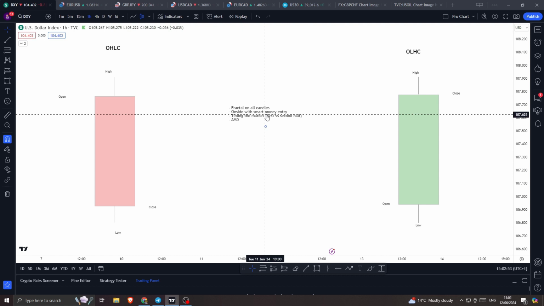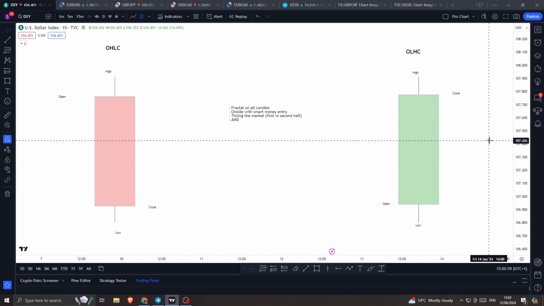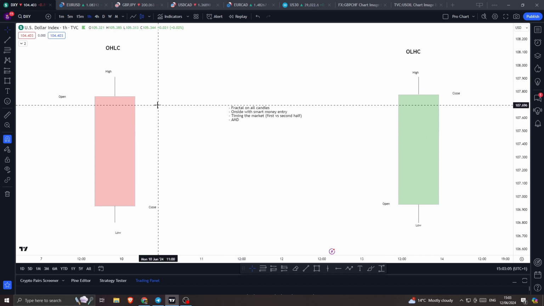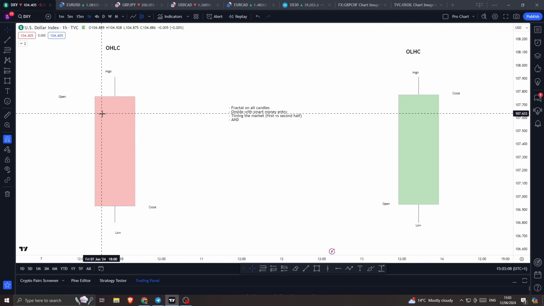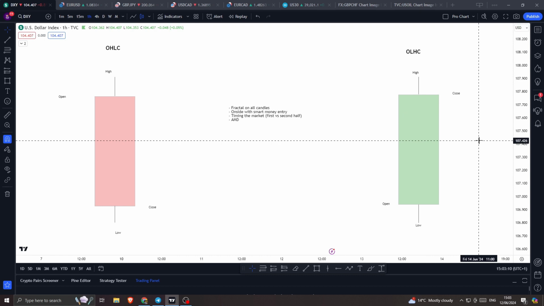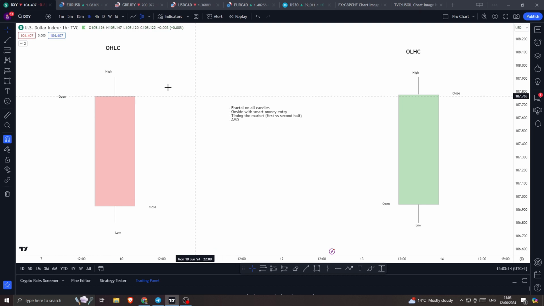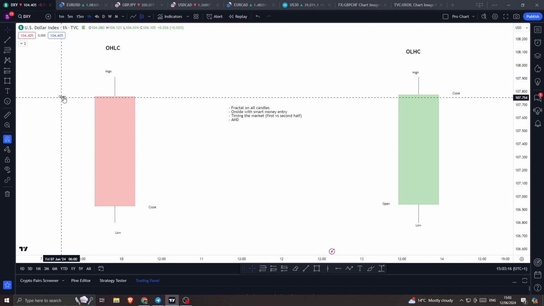So if we know we're going into a day expecting one side of direction, which you should do, you shouldn't go into any day changing your mind mid-session. You should already have a fixed plan. And if you do have the fixed plan, you'll know whether you want to see a bearish or bullish day form. Let's say you want to see a bearish day form, you would wait for the candle's open,